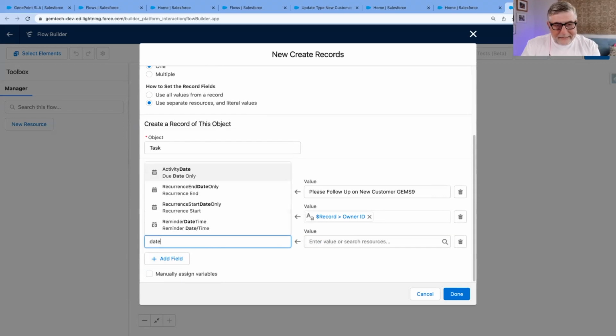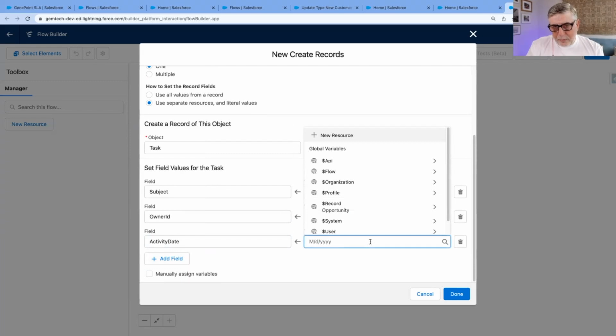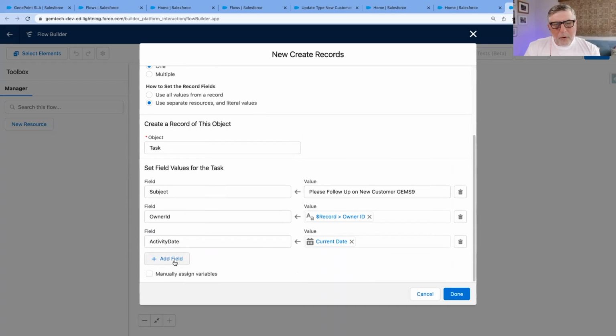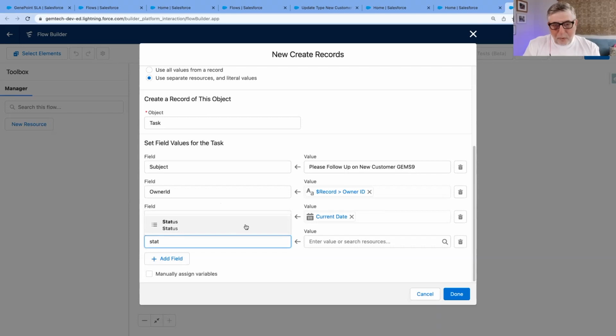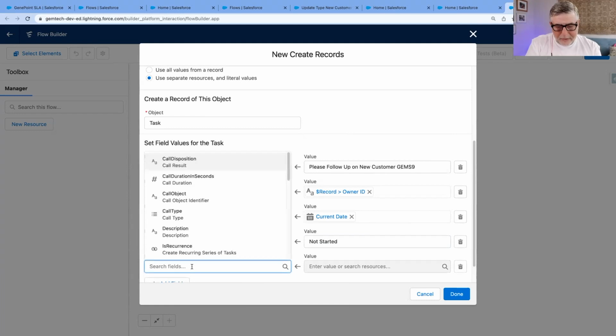The activity date is going to be the current date. And how can I grab a current date? There are some global variables that are presented to me that I can use without creating anything. Under $flow, there is a current date that I can use as activity date. This is going to be the date that the flow runs, means it's going to be the date that the opportunity is created. So what else needs to be set up usually for a new task? Status, priority,